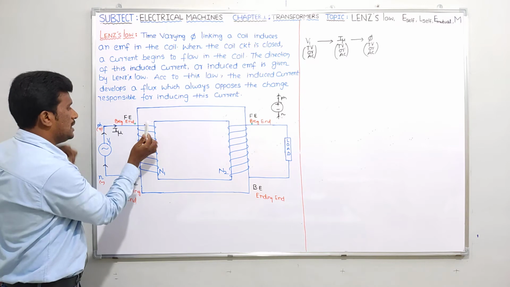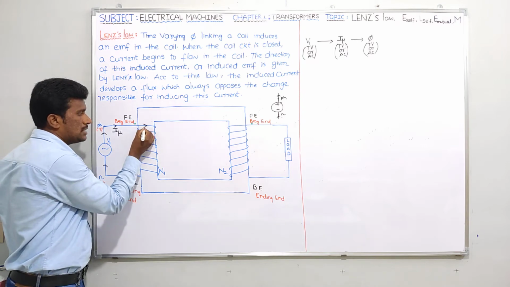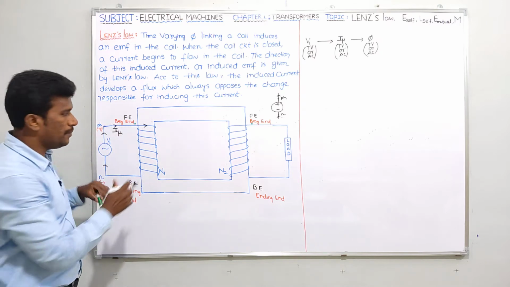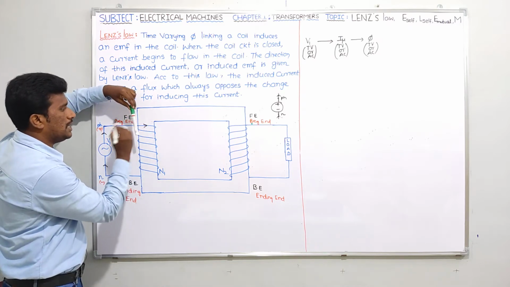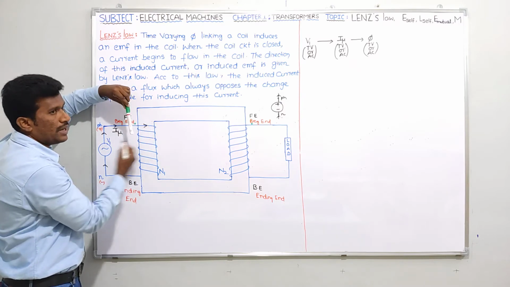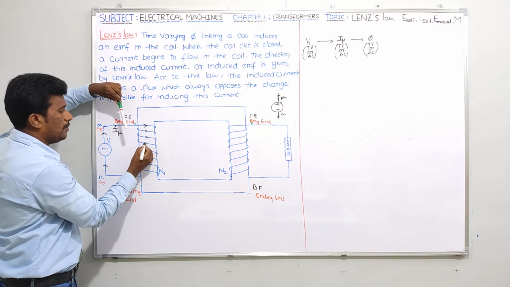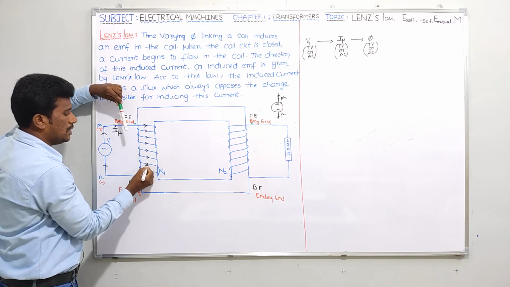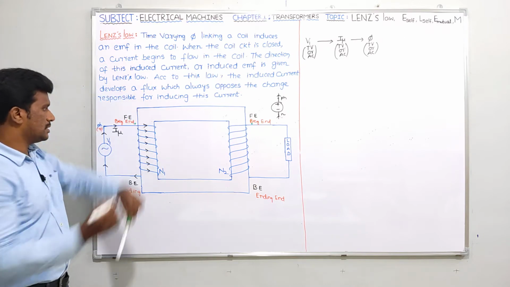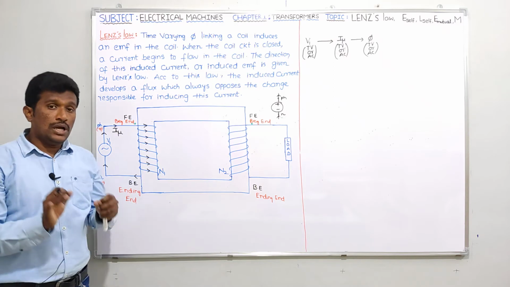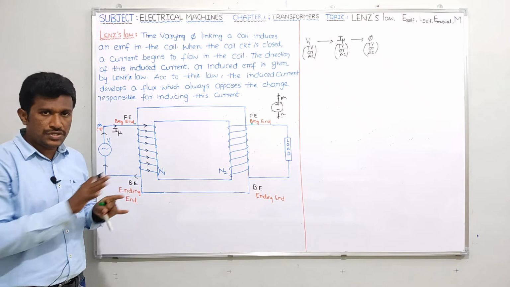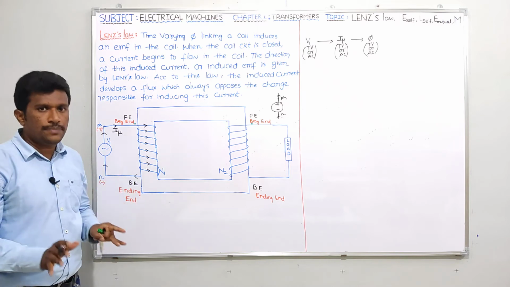This arrow mark indicates the direction of I mu from the front side only, from the front view only. So it is entering from the front end, entering here, leaving from the back end. Entering at the front end, it is leaving from the back side. Yes, it is like this. Please, I'll be explaining this topic very slowly, no problem, because a lot of people will be having some confusion here. So I'm just going step by step.